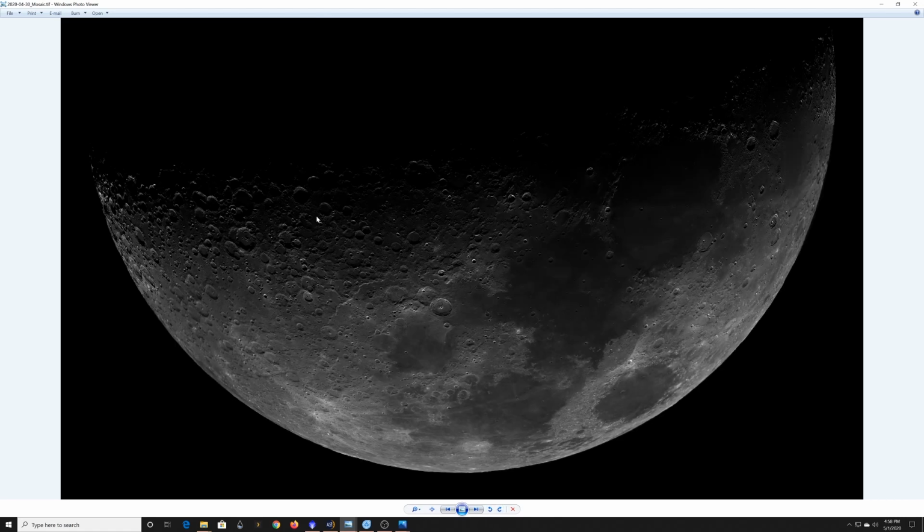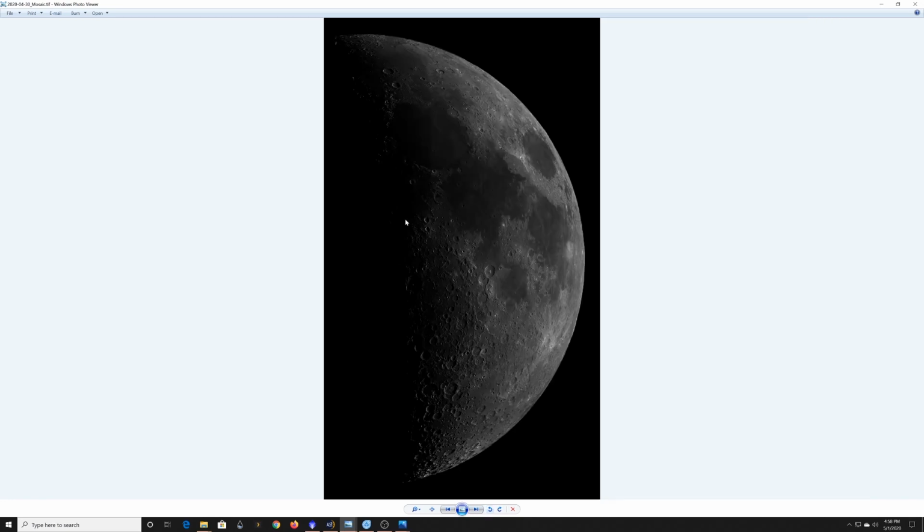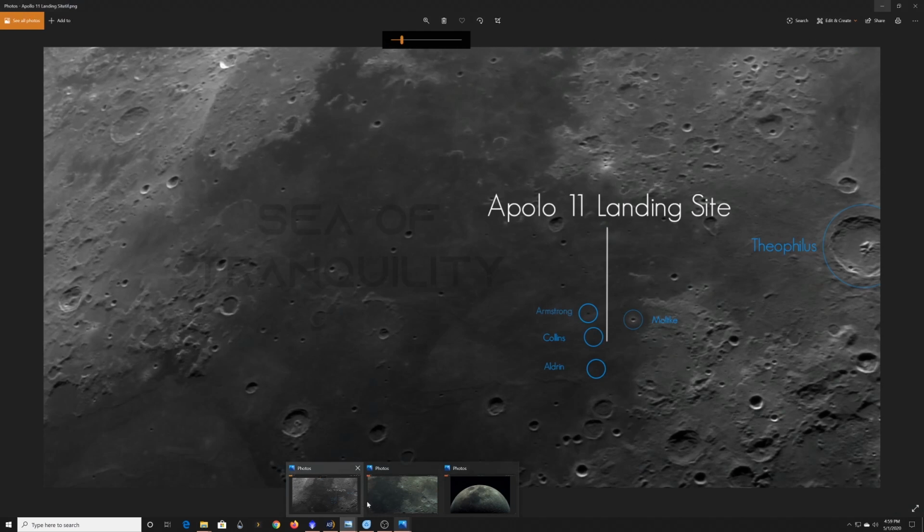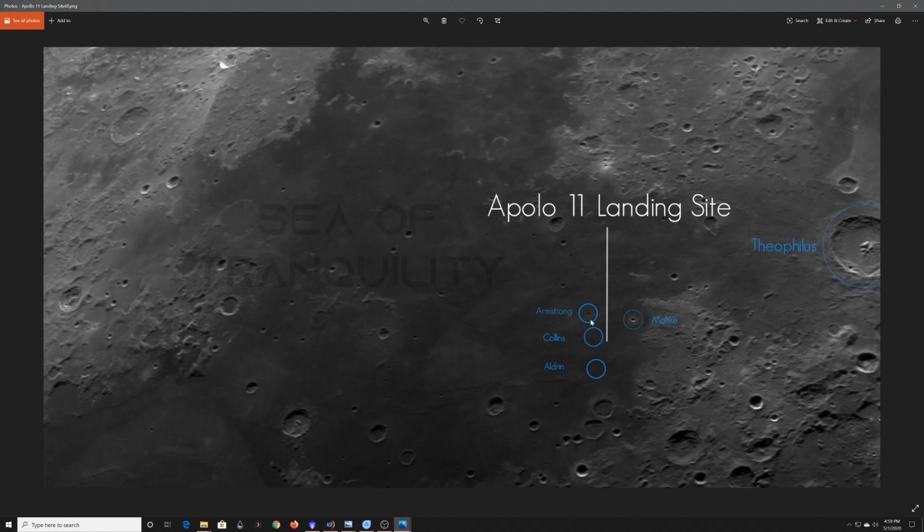Maybe you like this kind of view. For me personally, my final that I posted out was like this because I really liked the long dramatic nature of it. But the benefit of doing it this way, obviously it's still faster to take a more zoomed out image, and you can certainly get a lot of detail in that. But to me, the big benefit of doing this is that I still had my cropped in ones. So once again, looking between this one here for the Apollo landing and this one, I just don't have the detail to identify these three little mini craters here for Armstrong, Collins, and Aldrin